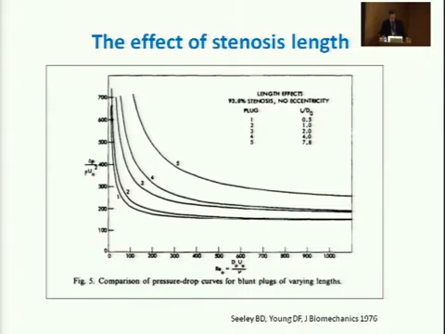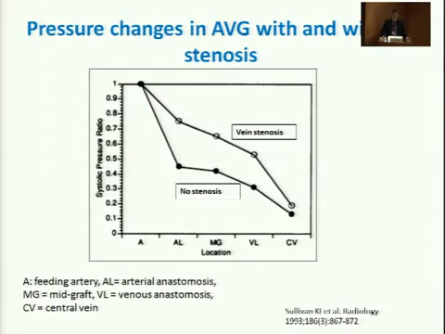Also, the stenosis length plays a role. This data come from experiments back in the 1970s. If they compared the same stenosis but with various lengths, then the longer the stenosis, the higher the pressure loss. The pressure loss is something which is typical for all stenosis, and in 1990, Sullivan and colleagues measured